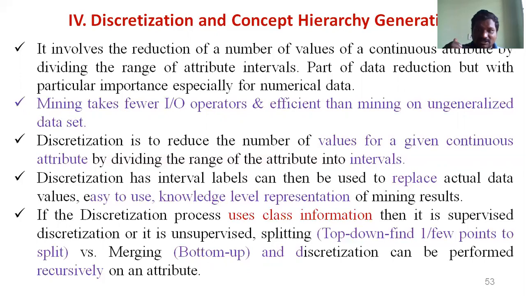In concept hierarchy generation, you have low-level concepts. For example, in the location hierarchy, I have city data and village data. For example, the sales of the Infosys company in the year 2020: the sales of the city Hyderabad, the city Chennai, the city Delhi. You have some data there. I want to know the sales of a country, India, Pakistan, like that. That means you have to represent the data at that level.